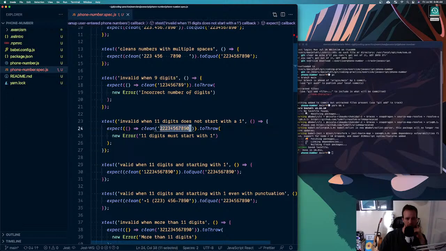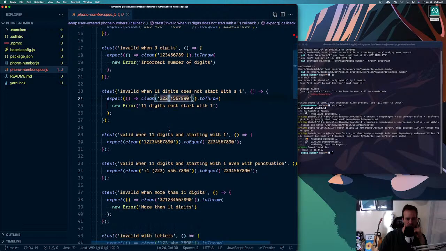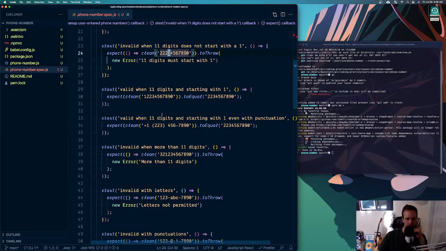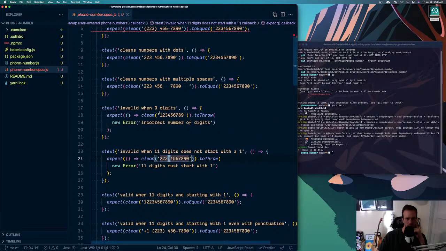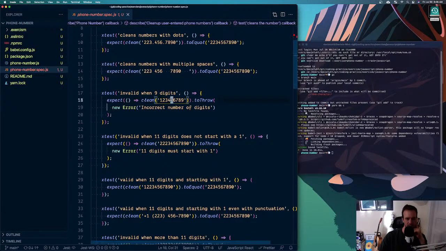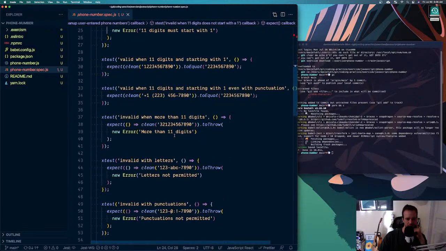Right, because if it's 11 digits, it has to be a 1 at the beginning to lop it off. Valid when it is a 1. Okay, yeah, so first is the clean. That's the replace all regex. Then is the validation for length. If the length is 11, you can lop off the 1, and then we have to validate that the